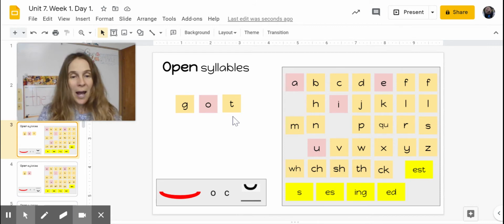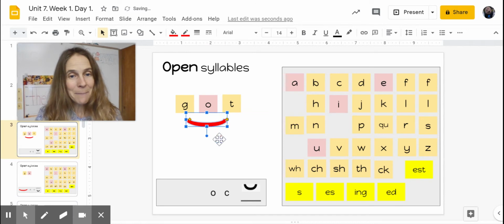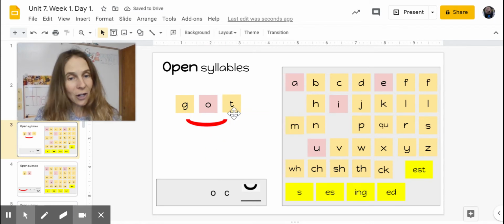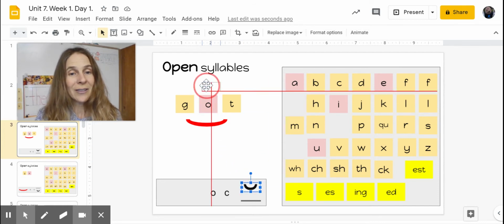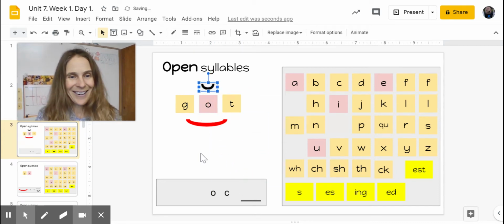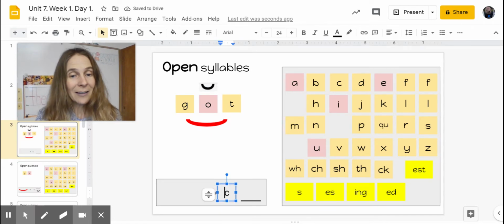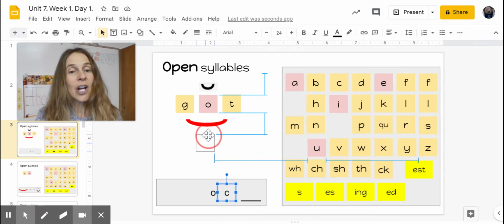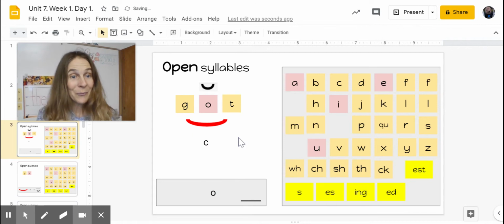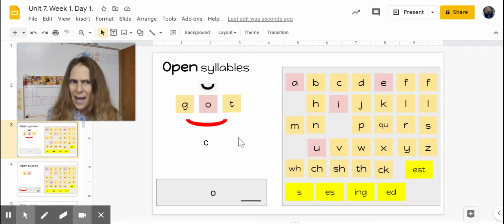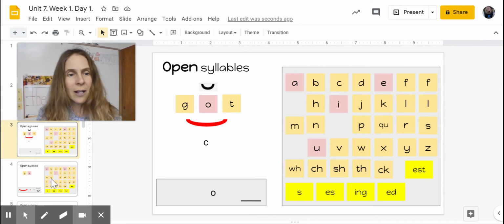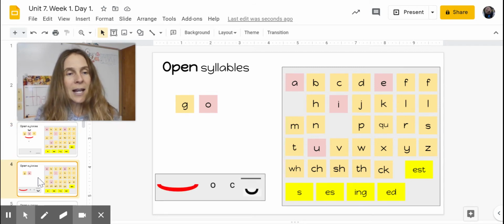Okay. So I've got one vowel, it's one syllable, right? My vowel is followed by a consonant, so my vowel sound is going to be short. It's closed in by the consonant, and so my syllable is going to be a closed syllable, right? This is how we mark that closed syllable. Well, what happens if I get rid of the T? I've got this word here. Let's see what happens. Now I've got